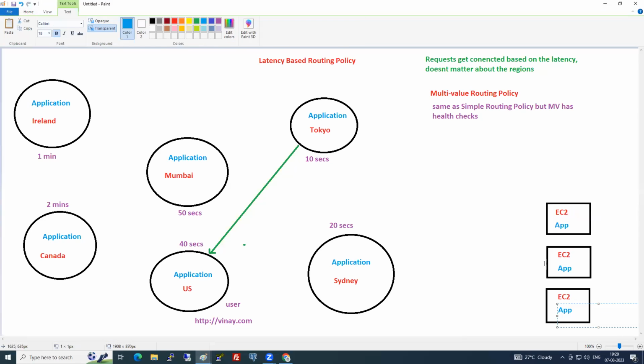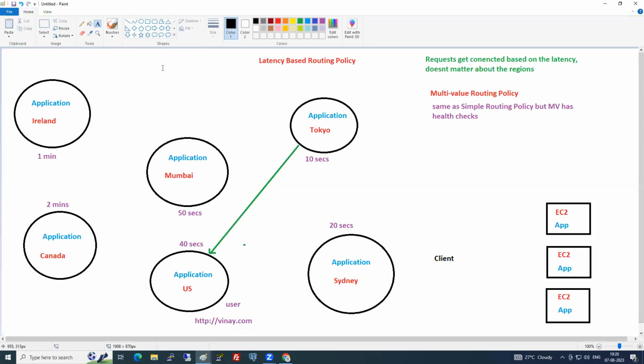Now we have the client here. A few percentage of your clients should get connected to this EC2 instance or load balancer, a few percentage I can send here, and a few percentage here. You can set the weightage. That is one more different type. We call it weighted routing policy.